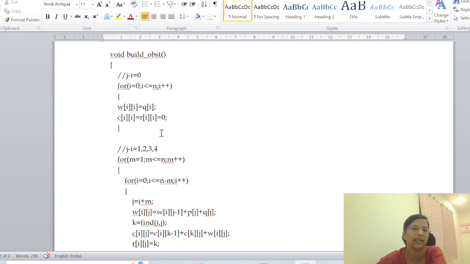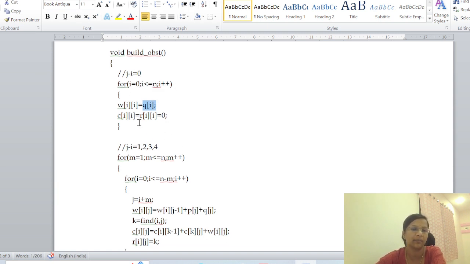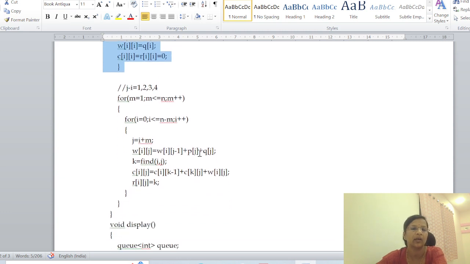And here W of I equals Q of I. Now someone may argue that the formula is W of I j equals something. But as the values of I and j are the same here, j is easily replaced with I, and that's why it is written as W of I equals Q of I. We know that when this absolute difference is 0, the root and cost matrices remain 0. Only the weight will have the exact same value as the probability of unsuccessful search. So here W of I is simply assigned Q of I. That's all about step number 1, where we are just updating the weight by assigning it the probability of unsuccessful search. And now the next loop